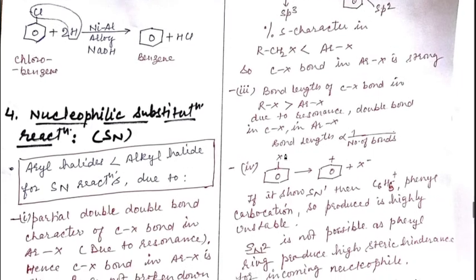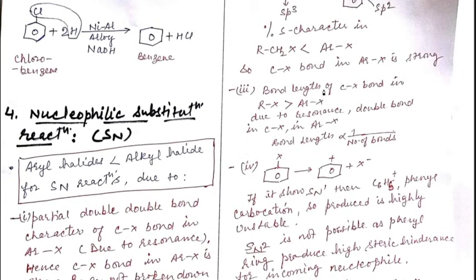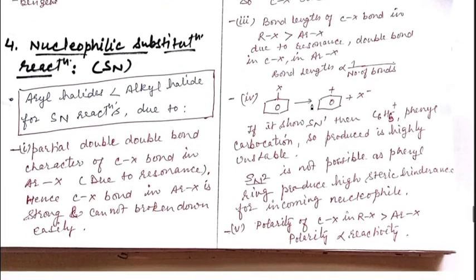Third, bond length of C-X bond in alkyl halide is larger than in aryl halides. Due to resonance, there is a partial double bond character developed in between carbon of benzene and halogen, and hence bond length decreases. Shorter bond length means again it is very difficult to break this bond. Now fourth,